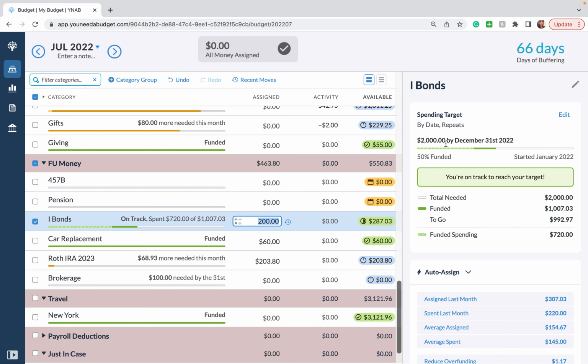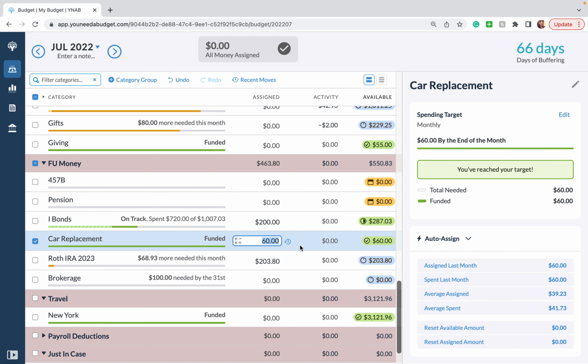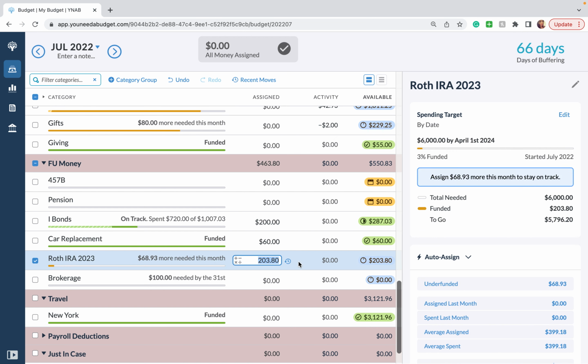I want to go ahead and put $2,000 in I bonds, and it says I'm on track to reach that target, so that's pretty good. Car replacement is just $60 into a brokerage account every month, auto deducted, which makes it pretty easy for me. And then